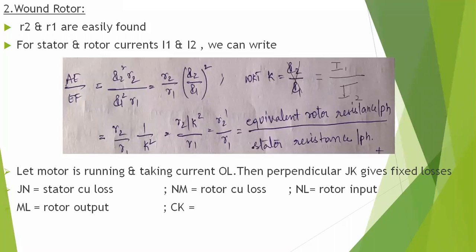So R2 dash by R1, where R2 dash is nothing but the equivalent rotor resistance per phase referred to the stator. Okay, so the value of K is found from the short circuit test by using 2 ammeters, both in stator and rotor circuits. So how will we find the value of K by putting the ammeters in